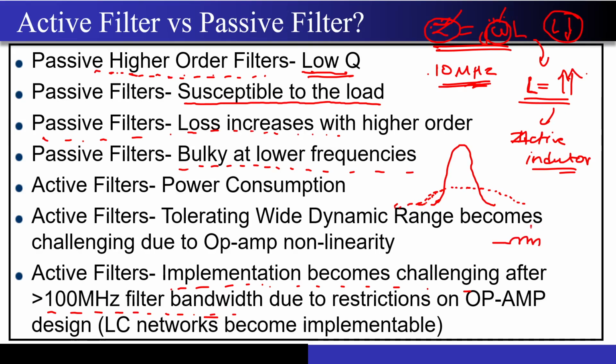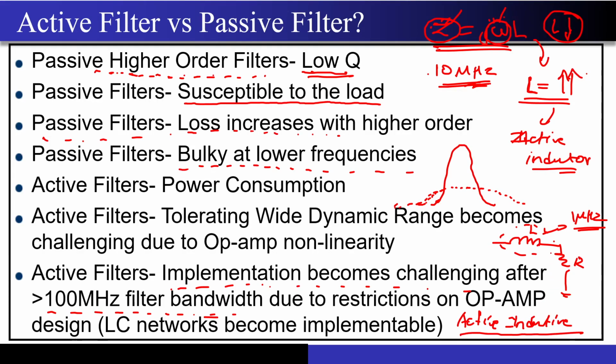Like this L and R that we have seen, if you try to implement this inductor L at maybe 1 megahertz, it will take a hell of a lot of area on the chip. So your entire chip area will be just occupied by this inductor itself. Correct? So we don't usually do that. We have something called active inductors. What does this active inductor do?